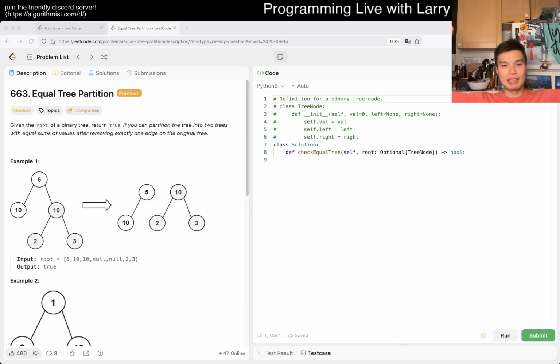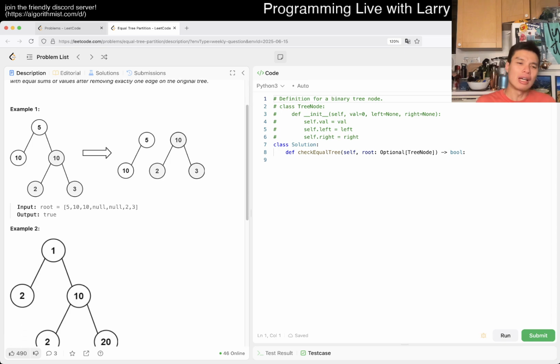And this one we have, yay, an unsolved Larry problem, a problem that I've not done before, so I'm very excited for that. 663, Leetcode Tree Partition. Let's get started. Given the root of a binary tree, return true if you could partition a tree into 2 trees with equal sum of values after removing exactly one edge from the original tree. Okay, I mean,